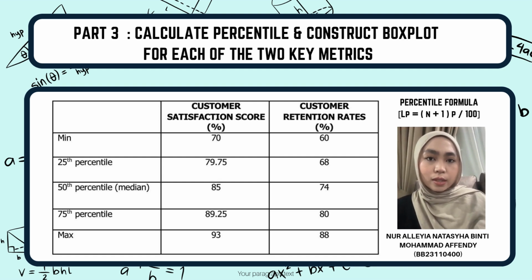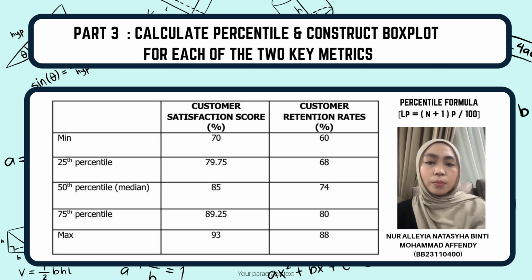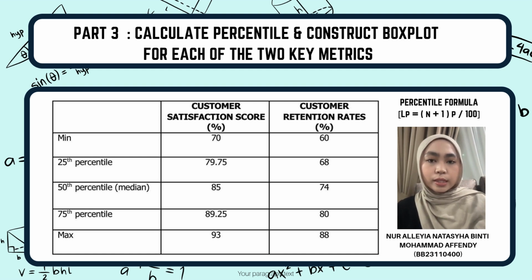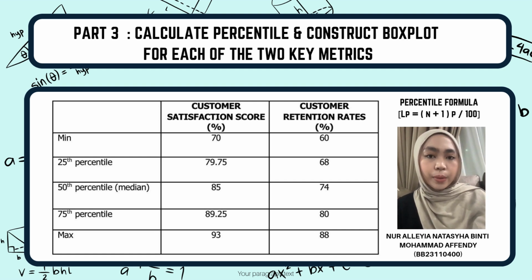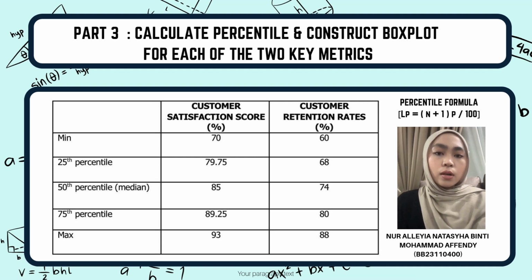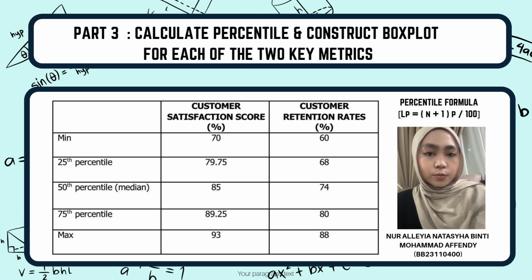We began our analysis by calculating the 25, 50, and 75 percentiles for both metrics using the percentile formula, which is L_P equals (N plus 1) times P over 100. This tells us the position of the percentile in a sorted data set. For customer satisfaction score, the 25th percentile is at position 7.75, so we interpolated between the 7th and the 8th values, which gives a result of